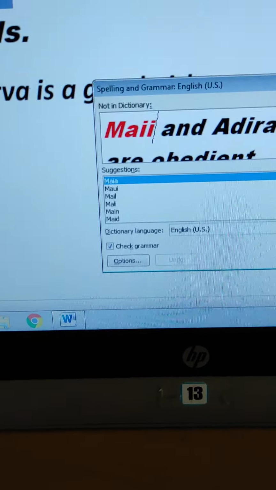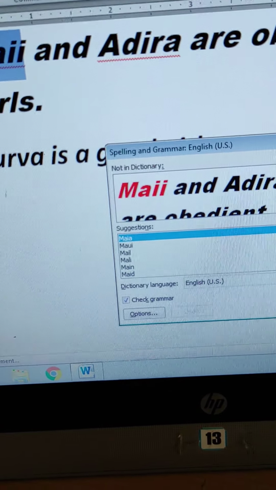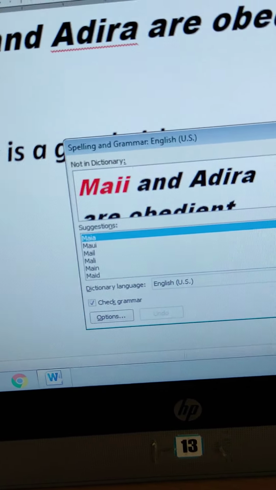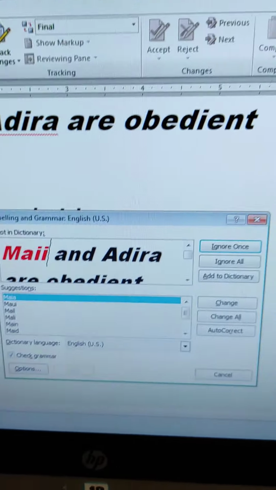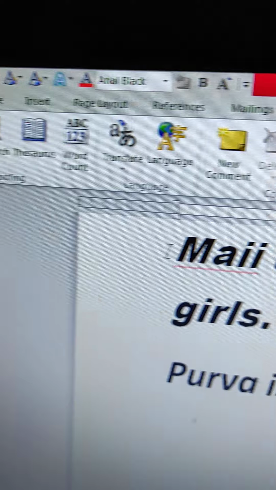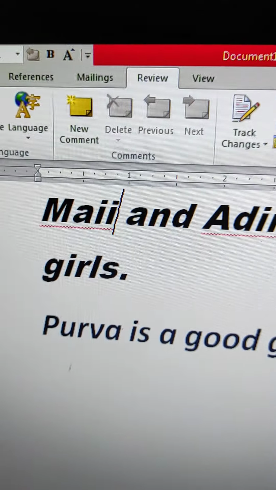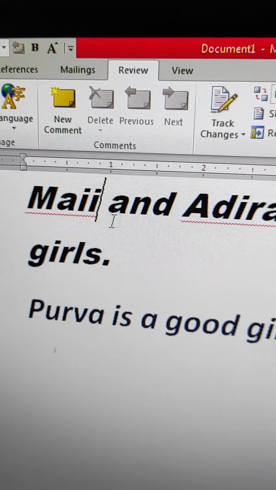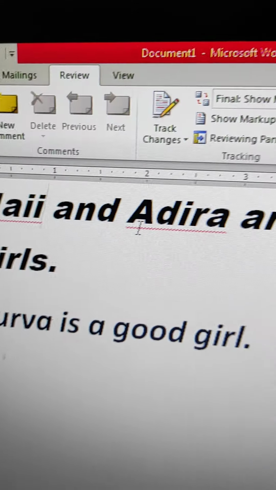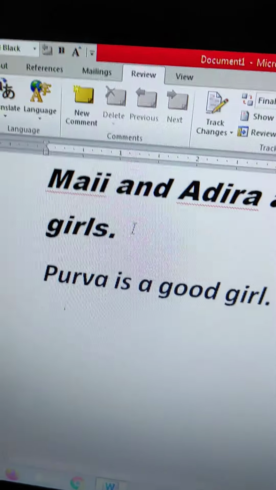Next is adding a new word to the MS Word dictionary. How to add a new word in the dictionary? For that, now my name is here, two names are here, and it is showing that they are not in the dictionary. This name is Mai, and Adira are obedient girls.